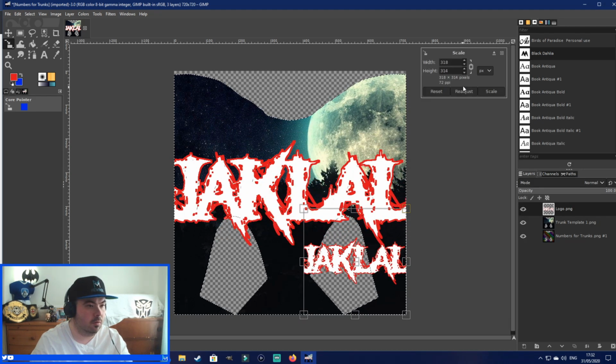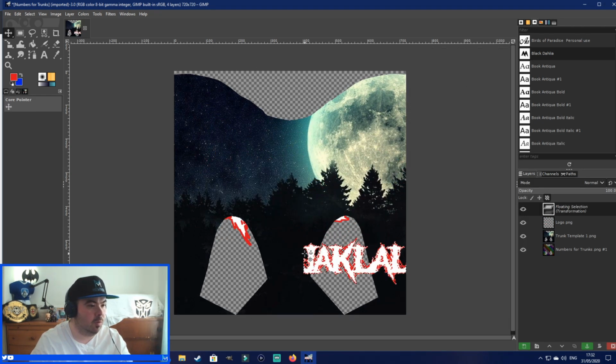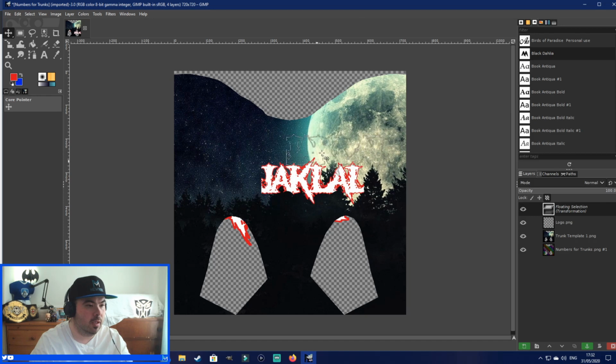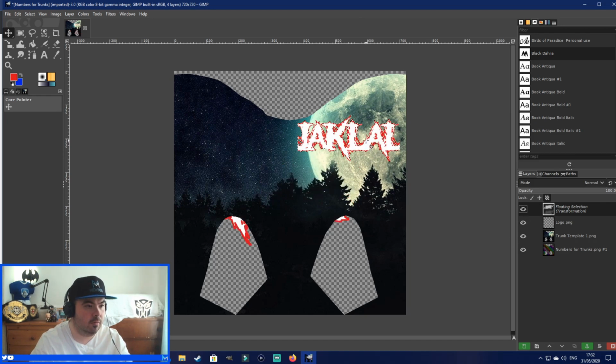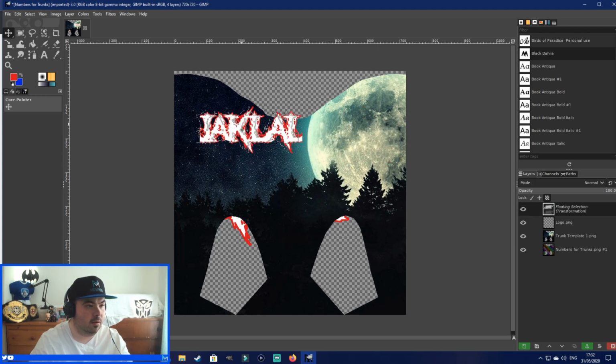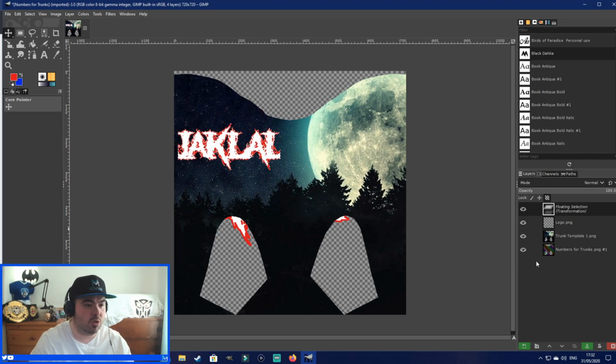And there you go. I'm probably going to put the logo in separately. There's a logo and so on, and then put that on the back of his trunks. Some are much better at me than doing this